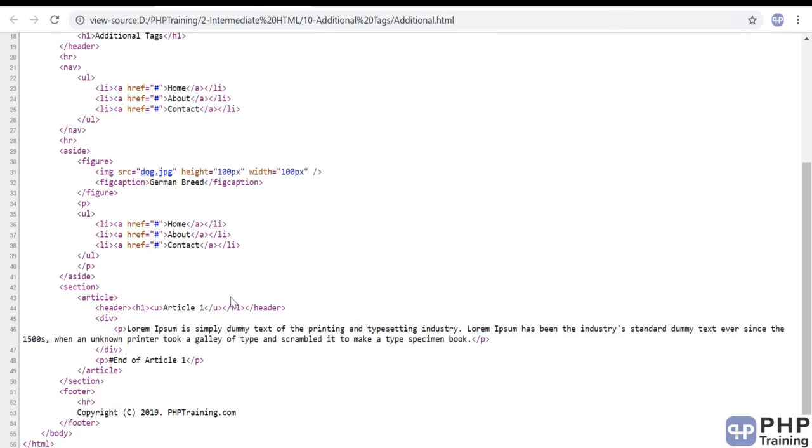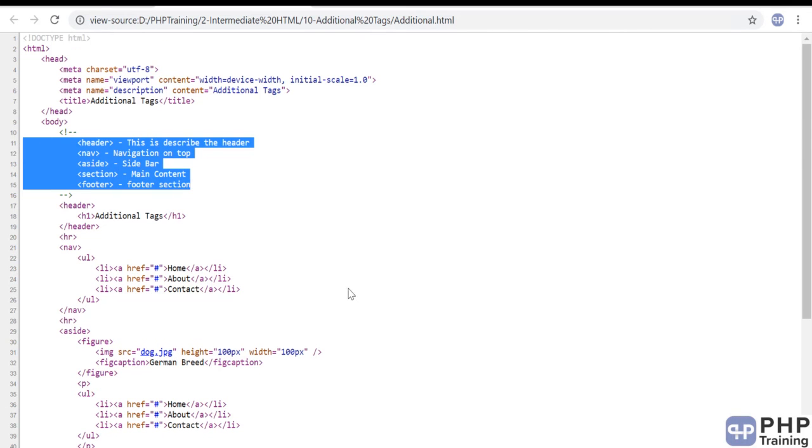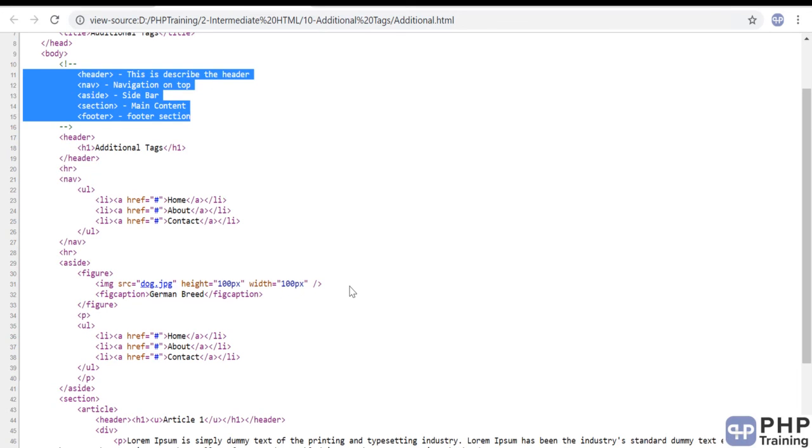If you have such kind of structures in your HTML page, it is easy for future reusability and also extendability. So these are the 5 elements I want to show you as a part of additional tags. And make sure when you write an HTML page, it is readable and extendable and basically easy to understand, right? When you want to make a change, it should be really easy for you to make a change.